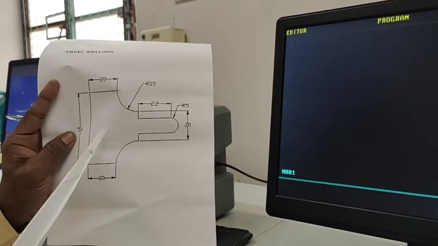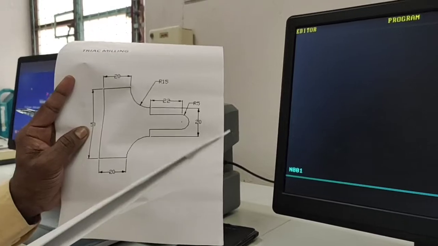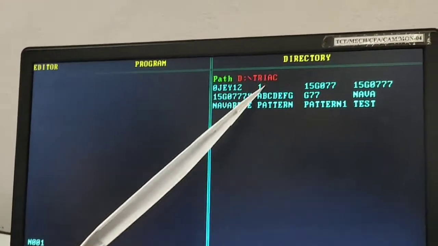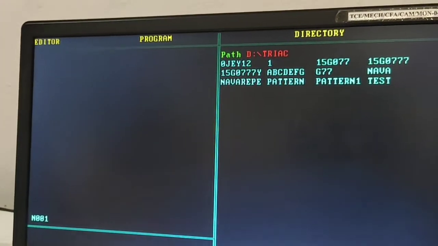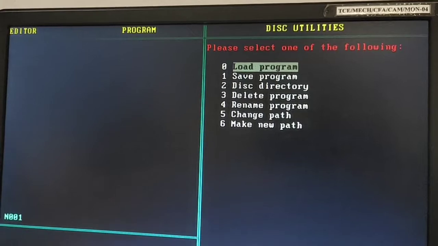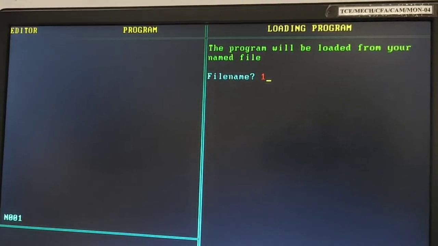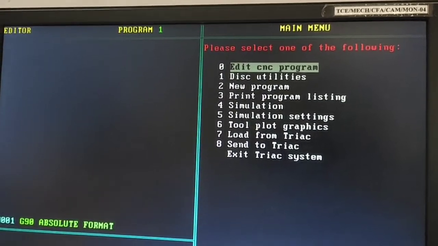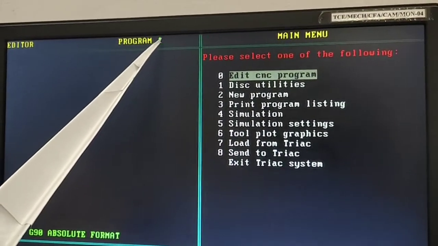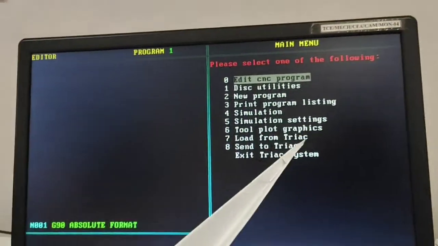Now I will describe how we need to write it, and what contents are provided in the program. So I explain to you. Now I select the number 1 program. Here, escape, then select load. Just enter number 1, and enter again. The number 1 program file will be displayed in this area. This area is the editor area, and this is the main menu area.